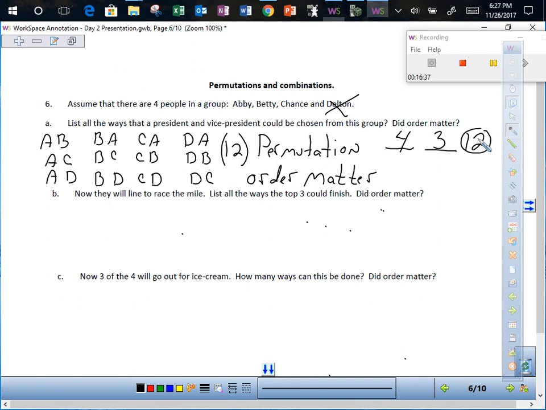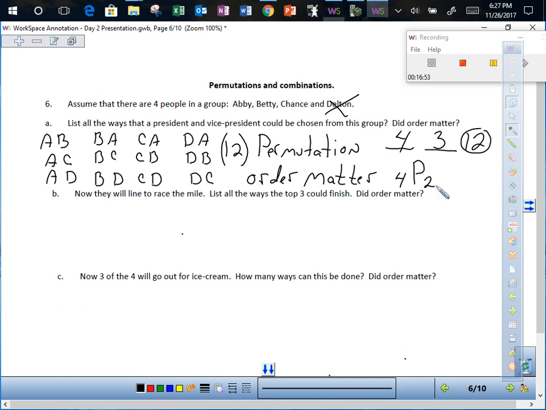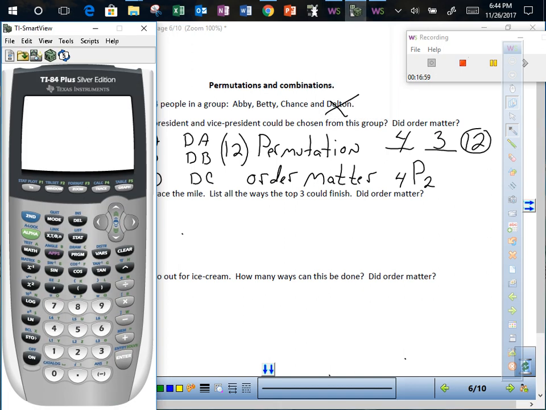Another way, if you recognize this as a permutation, your calculator can help you out also. It's going to look like this. I have 4 people in my group to choose from. It's a permutation, and I'm going to pick 2 of them. So the way to let your calculator run this through is I'm going to hit the number 4. I'm going to hit math and go over to probability. And then I'm going to come down to the nPr, which means the number of objects that we're working with picked are different ways. So I'm going to hit that, so this shows up on my calculator,